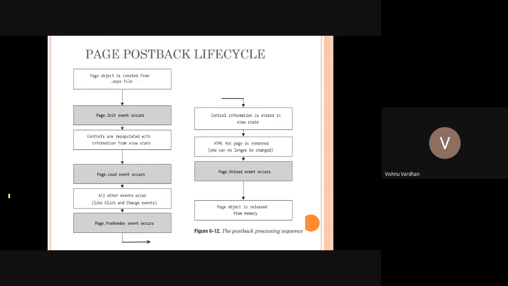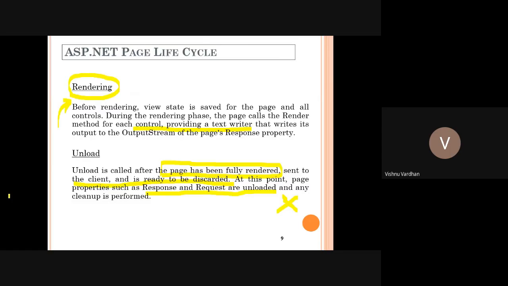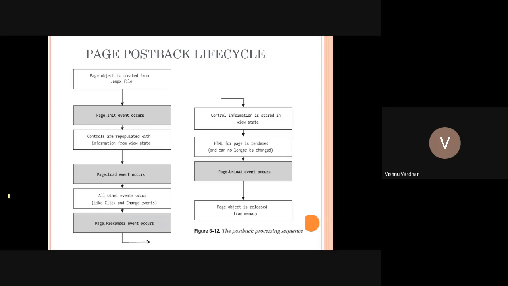So I think everybody is following properly. The same we can see by using a neat diagram from here. First of all, the page object is created from the .aspx file. When you code the page, it takes the UI page.aspx, which will then be sent for processing by the web server, and the web server will look up this page_init. If there is anything written in that page init, it will be processed. Otherwise, it will be sent to the page load.